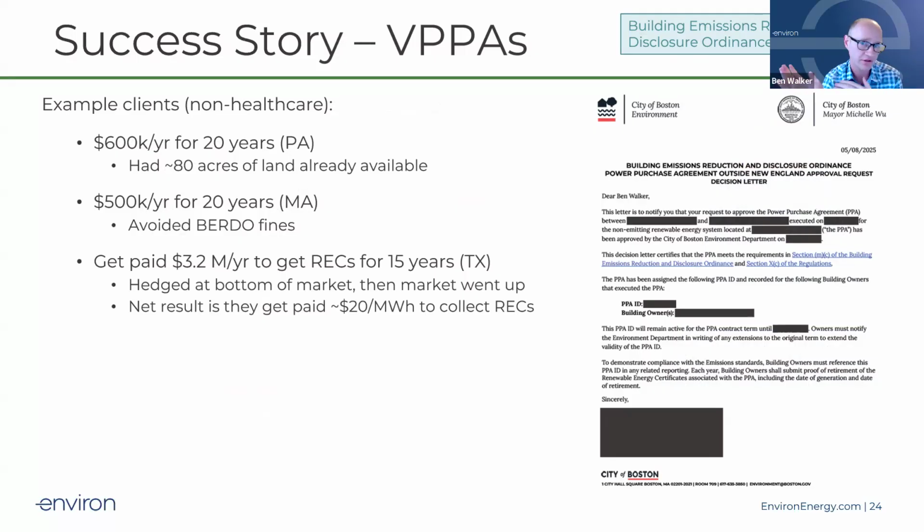All of these are outside of healthcare. All the success stories so far have all been in healthcare. But specifically, we had a client who has an opportunity to save $600,000 a year for 20 years because they have land available in Pennsylvania. And Pennsylvania had a pretty unique program and project where they were able to sign this long-term agreement and deliver immediate savings because the land they owned was in a particular utility zone that had favorable regulatory